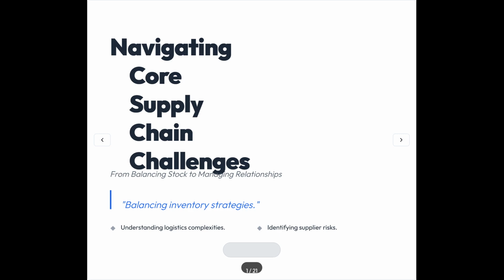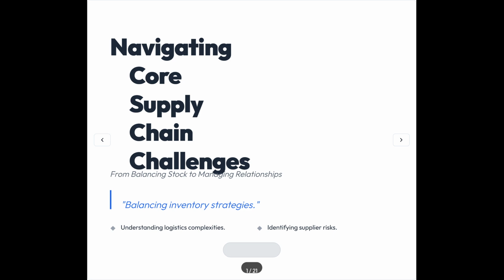Welcome back. In our previous lesson, we covered the new normal of disruption and the demand forecasting puzzle, including the bullwhip effect. Now we're exploring more core challenges: balancing inventory, navigating the logistics labyrinth, and fixing supplier weak links. The goal here is to detail the risks and high costs linked to both overstocking, or just-in-case, and understocking, or